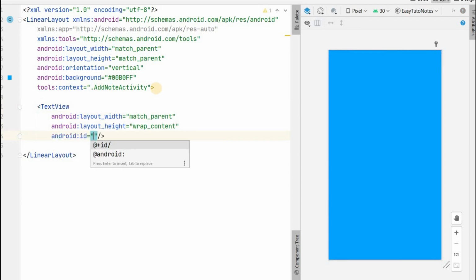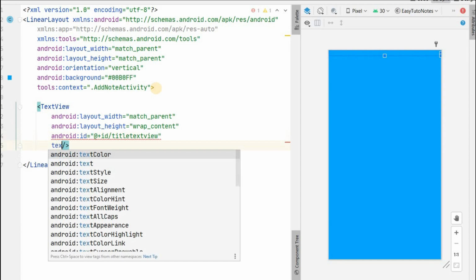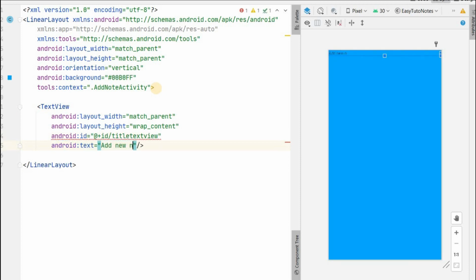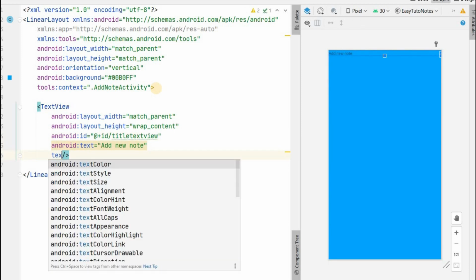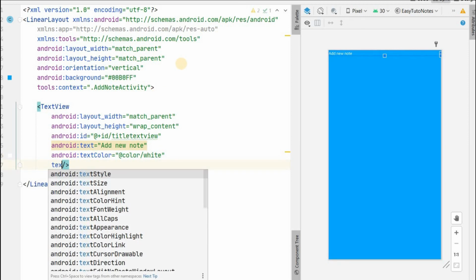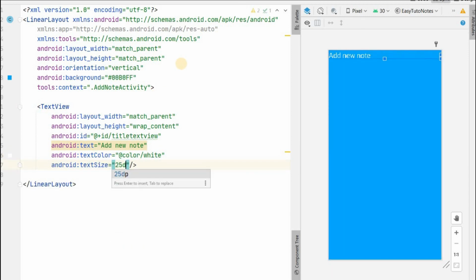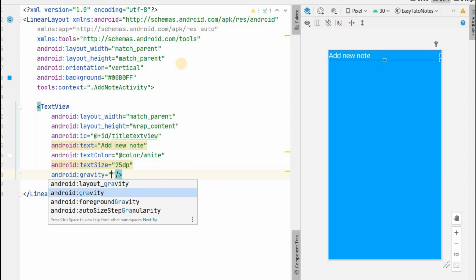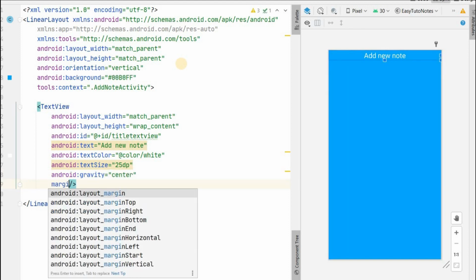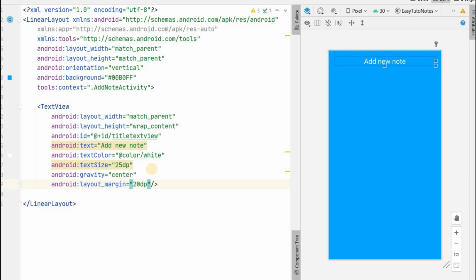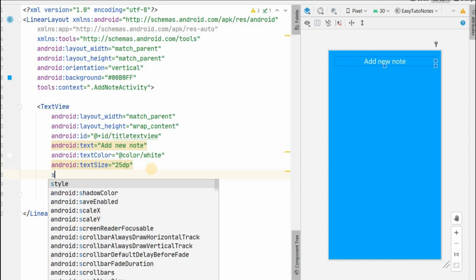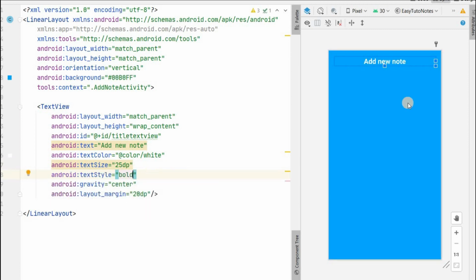ID will be title text view, text will be add new note. I'll change the color to white, change the size of the text view about 25 dp. I'll center it and give some margin about 20 dp, and also I will make it bold, text style bold. So yes, we have this add new note title over here.